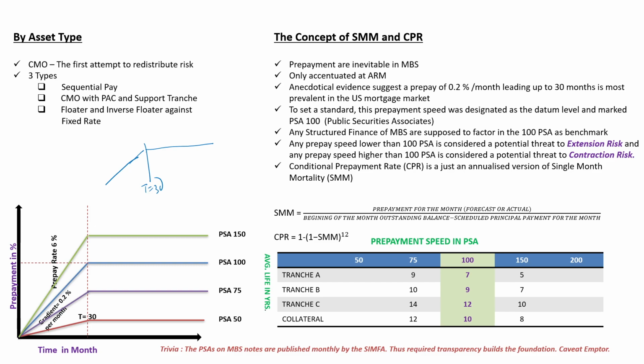Nonetheless, they help us form an initial idea of how prepayment speed affects the structured security market. So we designate the prepayment rate of 0.2% per month up to 30 months as 100 PSA. Needless to mention, if the prepayment speed is more than that, then the PSA would also be termed a higher PSA. Typically, I'm quoting a number: if the prepayment speed instead of 0.2% per month becomes, let's say, 0.25% per month,